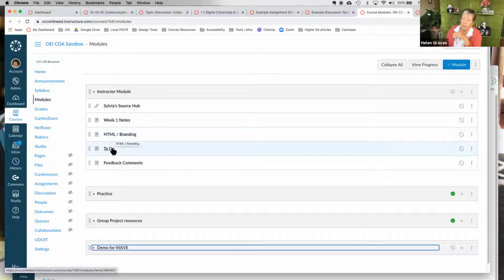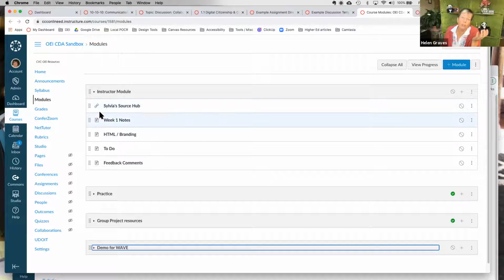My branding stuff, my to-do list, and then frequently used feedback comments. You may have other things in yours, but it's a really nice way of keeping the stuff that's related to this particular course in this particular course. And when you import the content into the next term shell, this unpublished module will come along right with it. So you always have it available to you, but students are never seeing it.